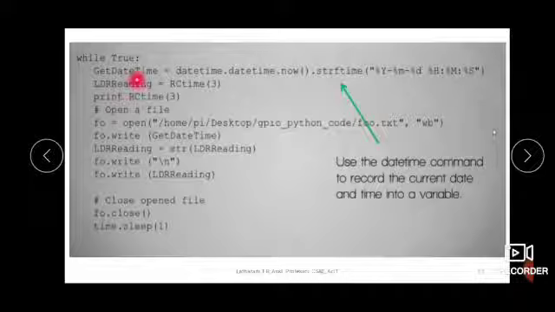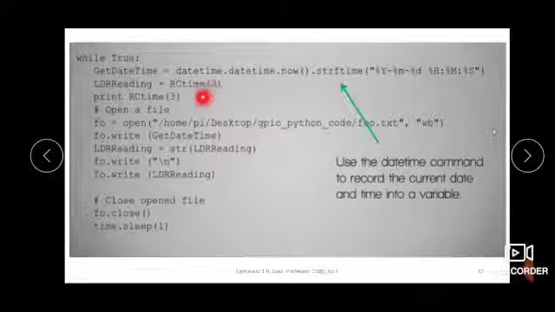We need to get the date and time in this format: the current time is taken in year, month, date format, and hour, minute, second format. It will be stored in the get date time variable. Then LDR reading equal to RC time of 3. This is where we are calling the function.